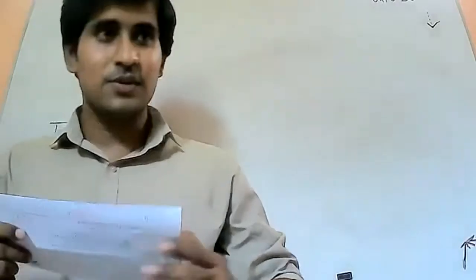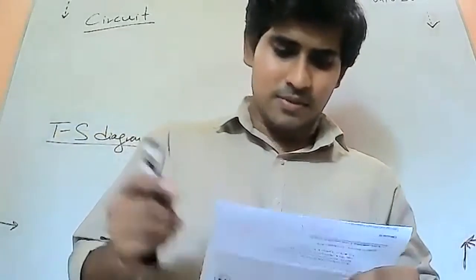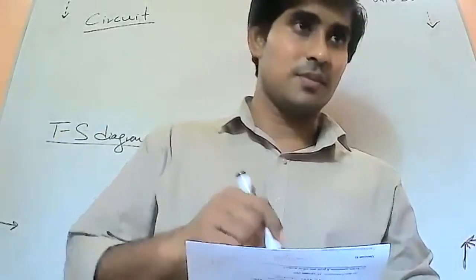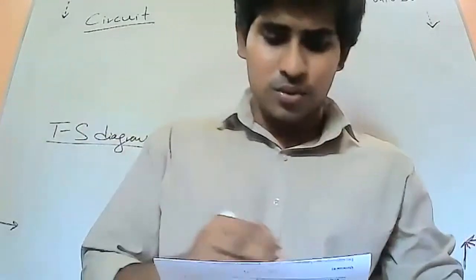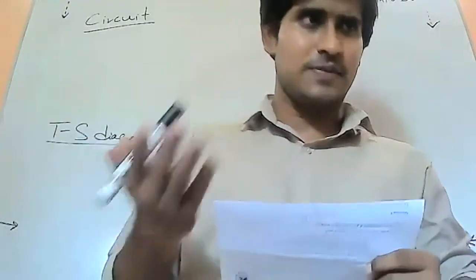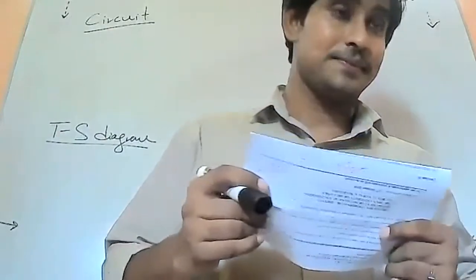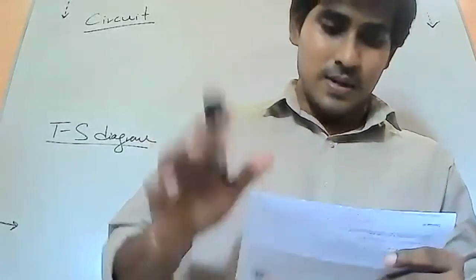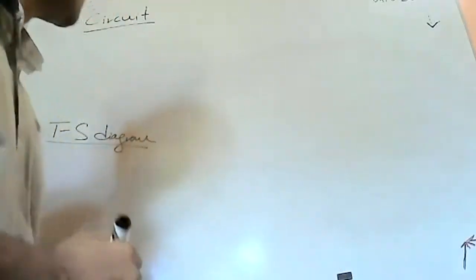So now let's focus on sketching the TS diagram, right? Because there are a lot of instructions that are mentioned in the problem. So you have to consider all those specifications, or in other words, you can call these things the considerations. It's very important. Okay, so now I don't want to waste time on reading the problem again, because we already know the circuit, so that's no problem. So I will sketch the circuit there.